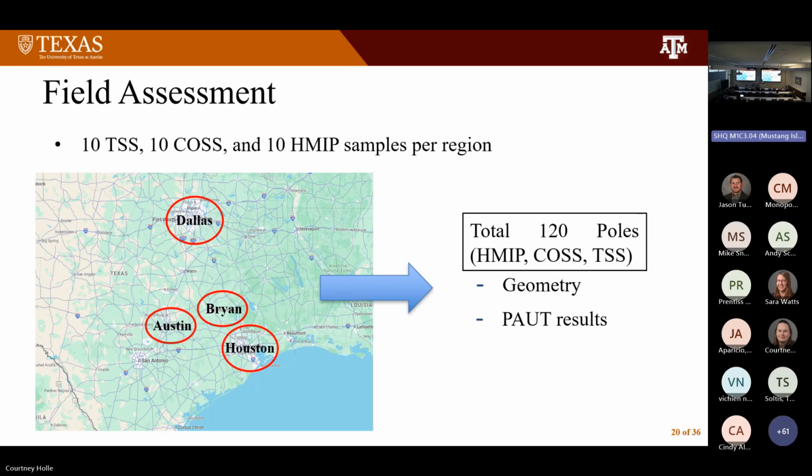What we proposed was in each location to take 10 traffic signal structures, 10 cost structures, and 10 high mast poles, and try to characterize what's going on in some of those. These were essentially more of a random sampling. I actually told Jung Hoon and so on when they're going out, if you get out there and it doesn't look safe, then that pole's not worth looking at. So try to find ones that we can get in, where we don't have to worry too much about traffic. But we were able to pick out the poles, and we've completed the assessment in all 4 of these regions. So we've got about 120 different structures where we've got a pretty good indication of what we've got.